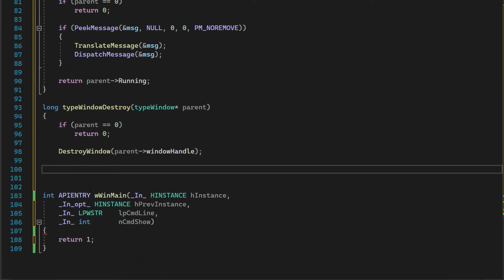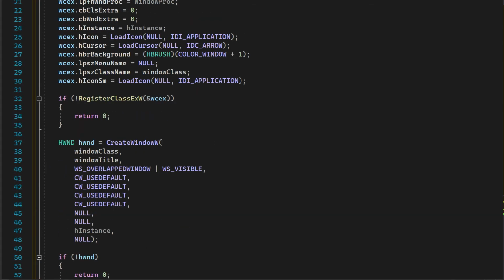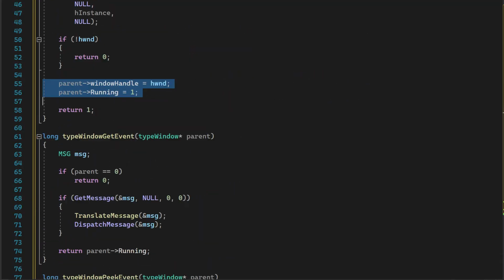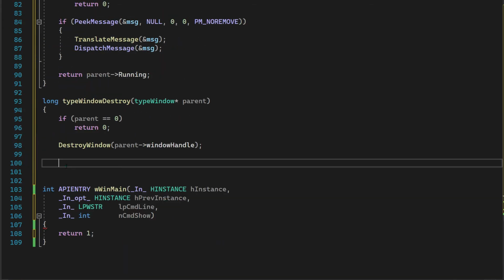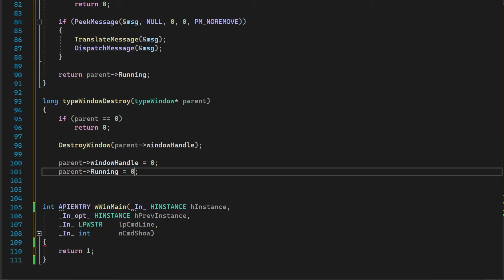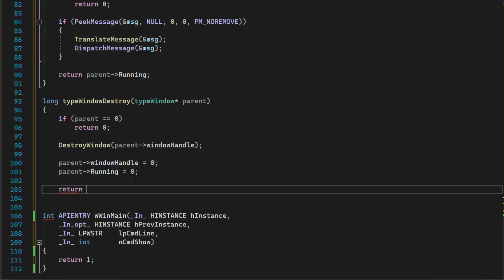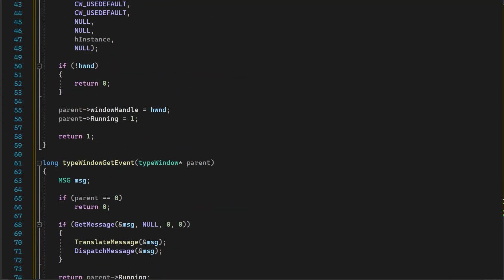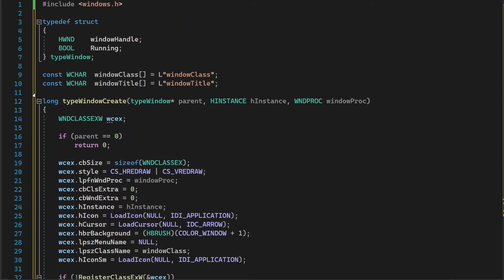Once we destroy something, we have to set everything to 0. So let's just save time by copying and pasting here. This lets everything know to set the window handle to 0, and then return 1. Okay, where are we? Set everything to 0 and then return 1. Okay, making progress here. We have create window, peek event, get event, and then